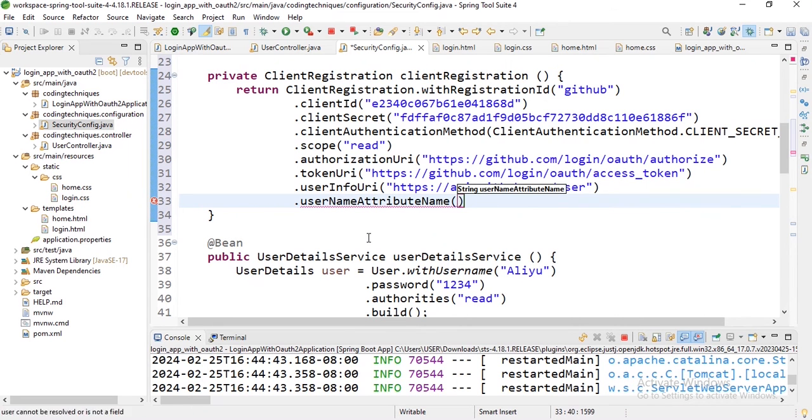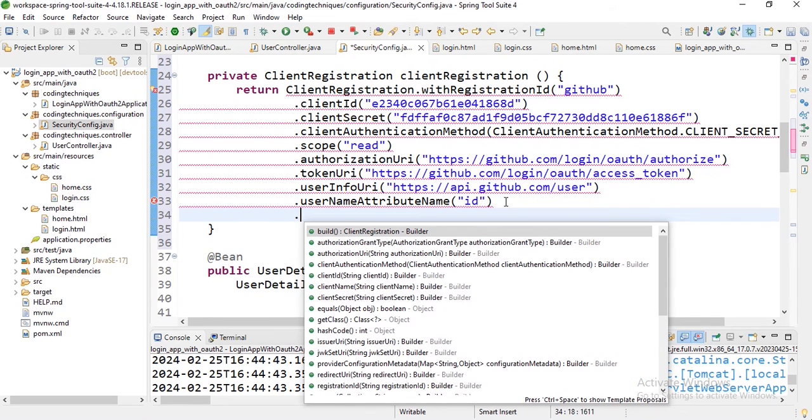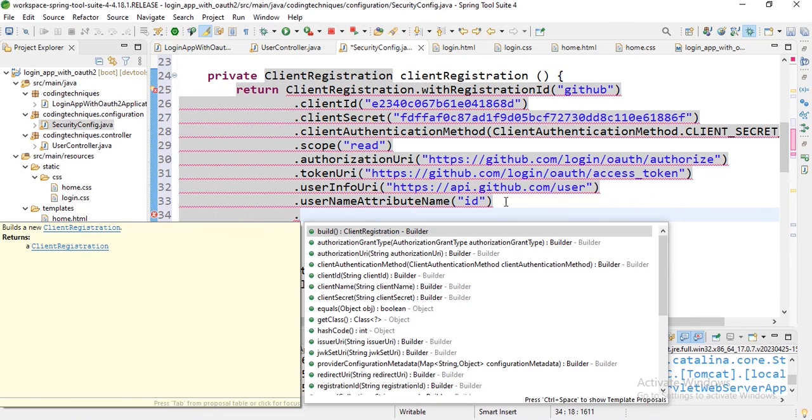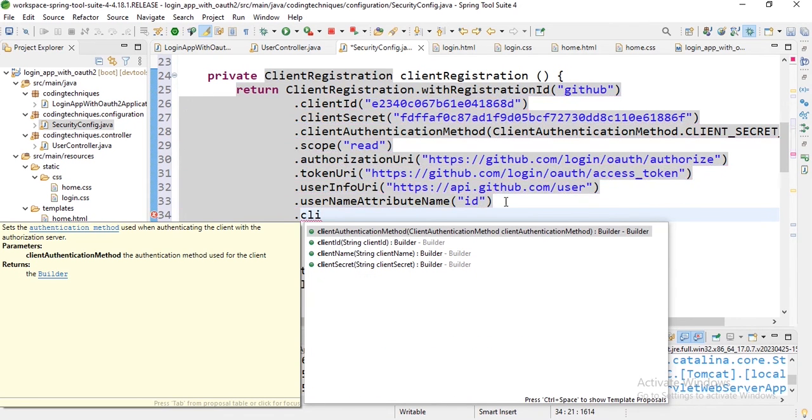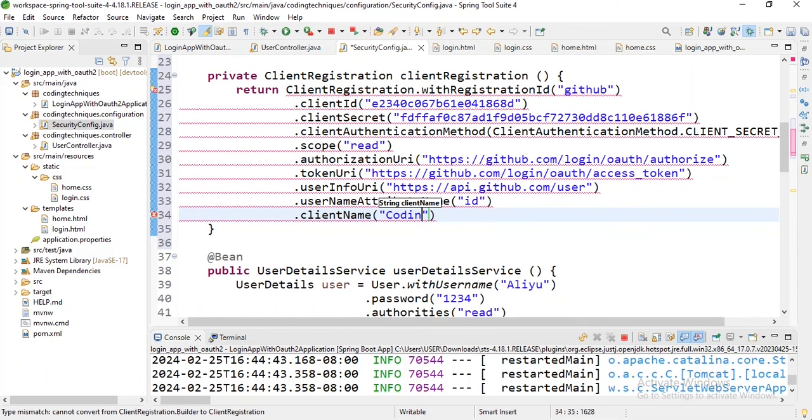Username attribute name, and we will pass ID. The reason we are passing ID is that whatever GitHub represents as the ID of the user is what we will set as the username attribute name. And then if we continue, we will add the client name. So let's name the client as coding techniques,